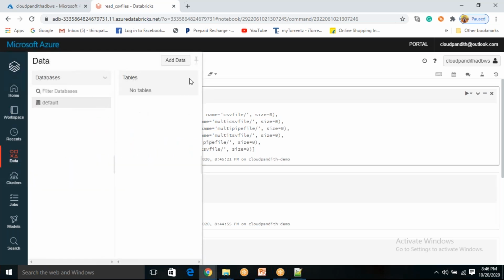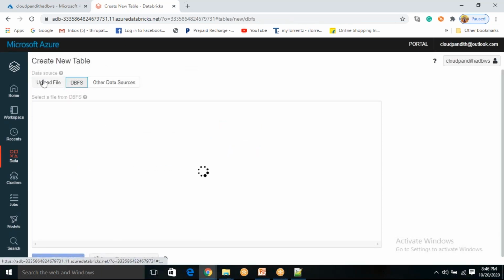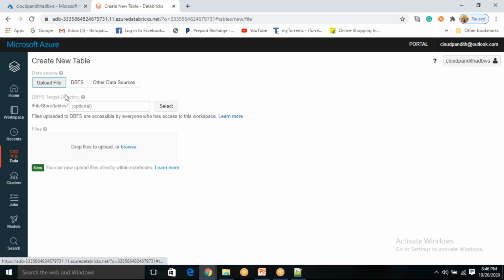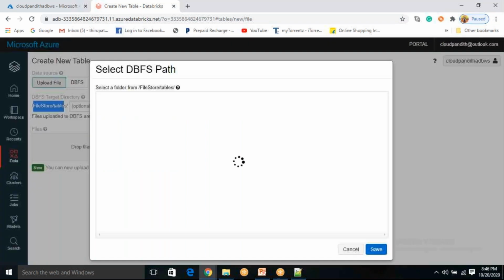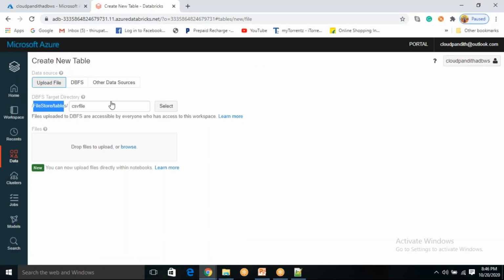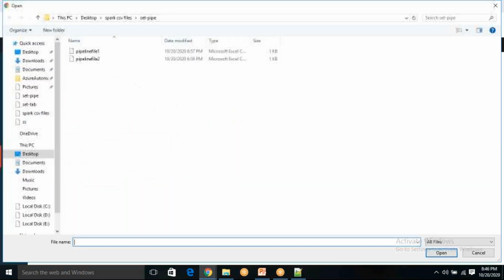Just click on data, because we already know how to upload data into DBFS using CLI. Let's do it using the UI today. Click on data, add data, DBFS. Don't go to DBFS, come here, upload file, select. See, you are not uploading data directly to the tables folder. You want to upload data into the CSV file folder. Select that CSV file folder. Now browse it.